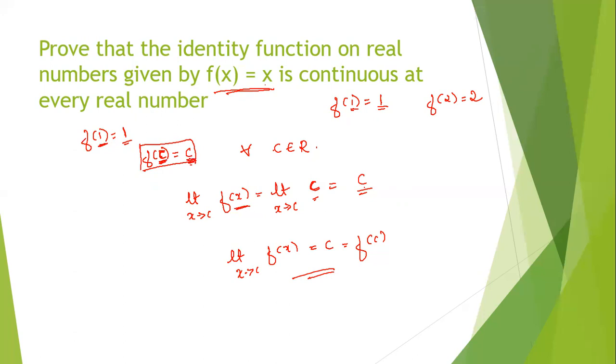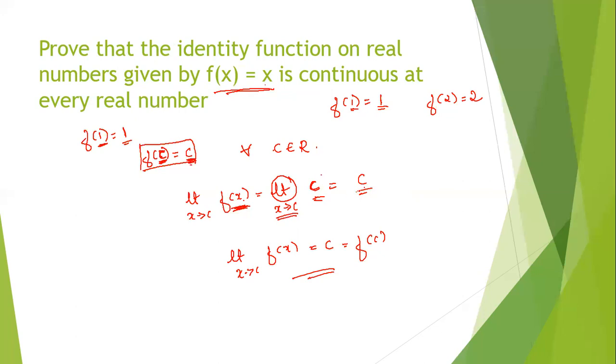Now when we apply the limit, what happens? Here f of c, what does our function say? f of c is c. So we get c here. Now if we put the limit extending to c, here there is no x, correct?